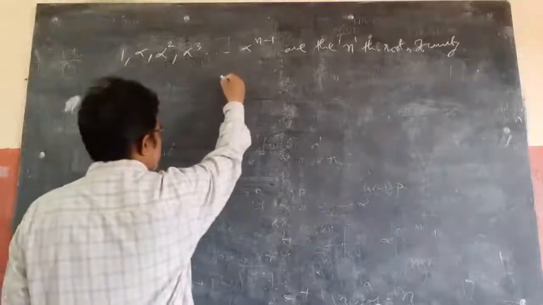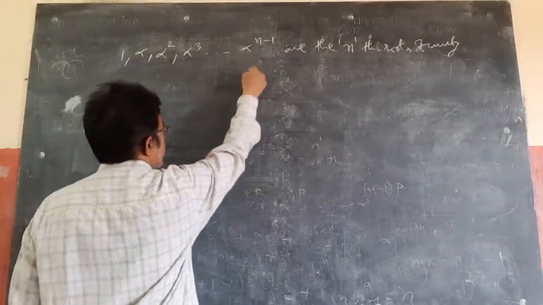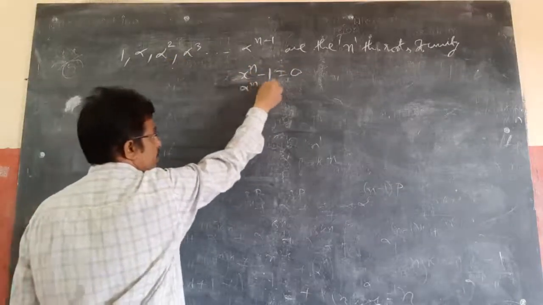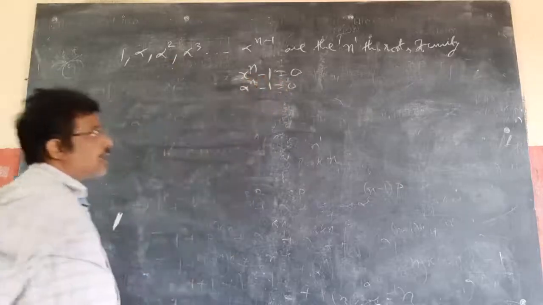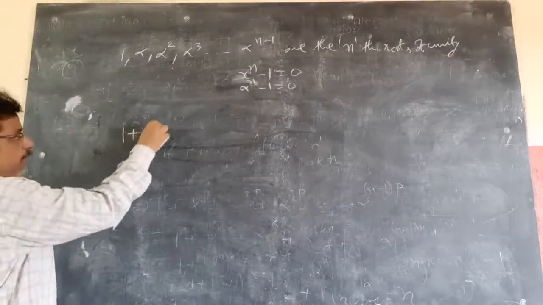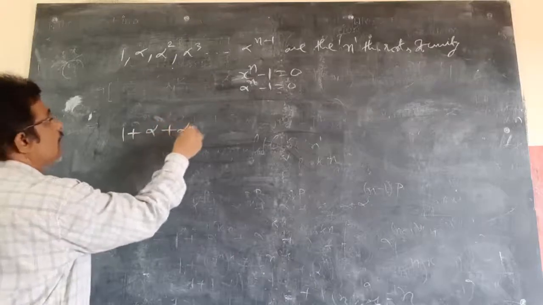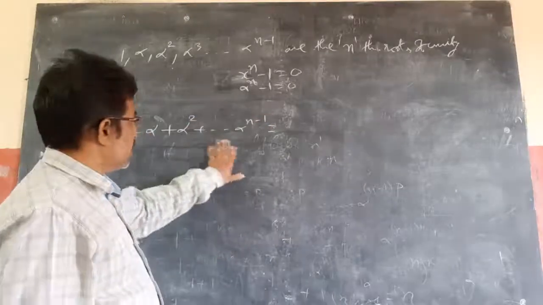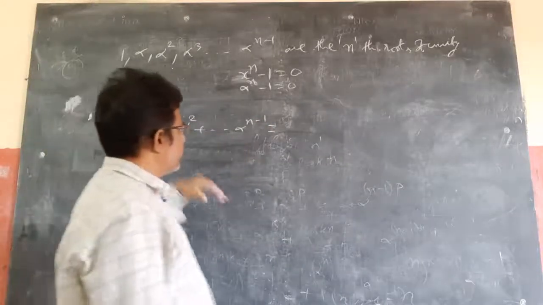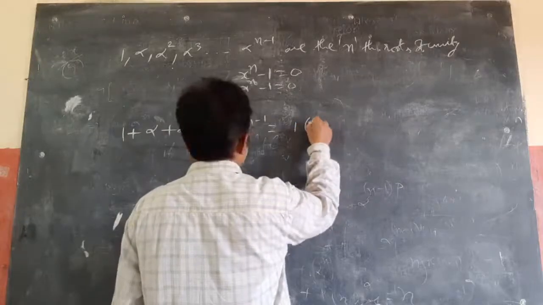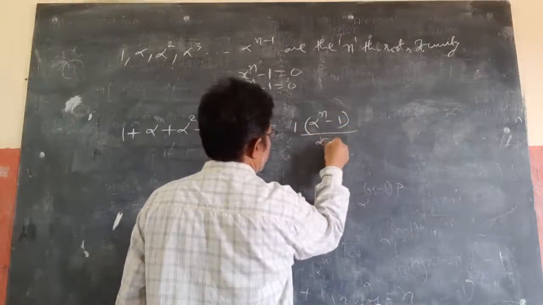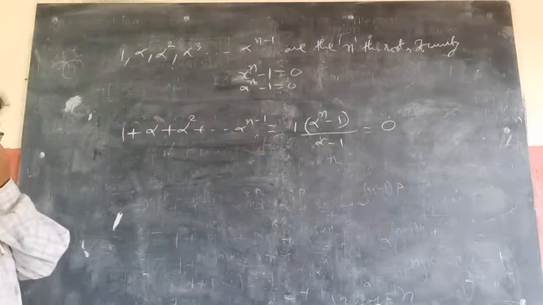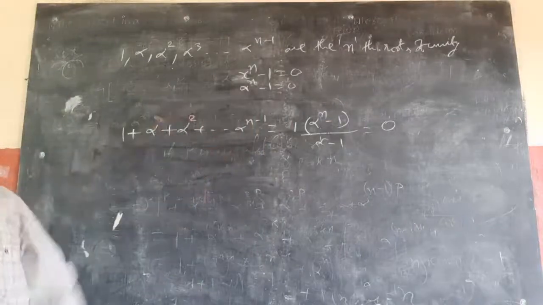If these are the nth roots of unity, then we know that they are all roots of x power n minus 1 equal to 0, meaning alpha power n minus 1 equal to 0. Now the sum of the n roots of unity equals 1 plus alpha plus alpha square and so on alpha power n minus 1, already proved. Again I am proving. This is the sum of a GP. Just now we did a into (r power n minus 1) by (r minus 1); alpha power n is 1, so 1 minus 1 is 0. So the sum of the roots is 0. The sum of nth roots of unity is always 0.